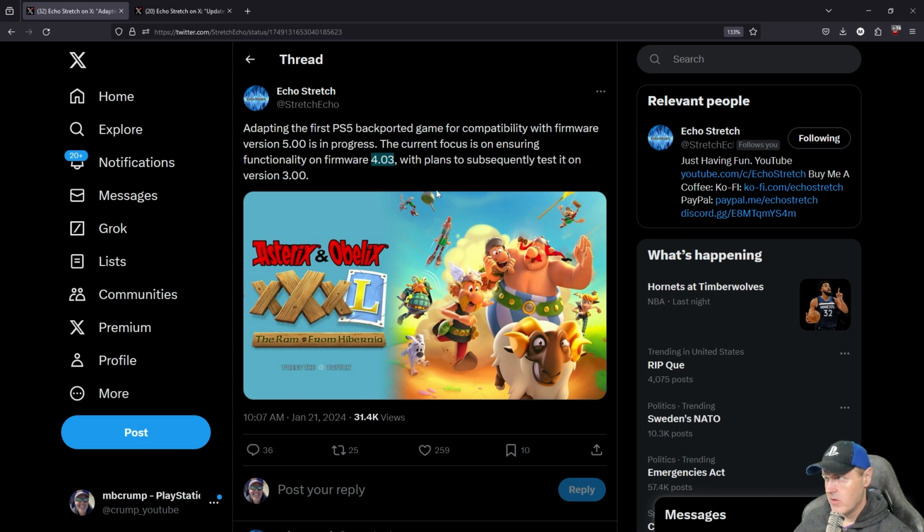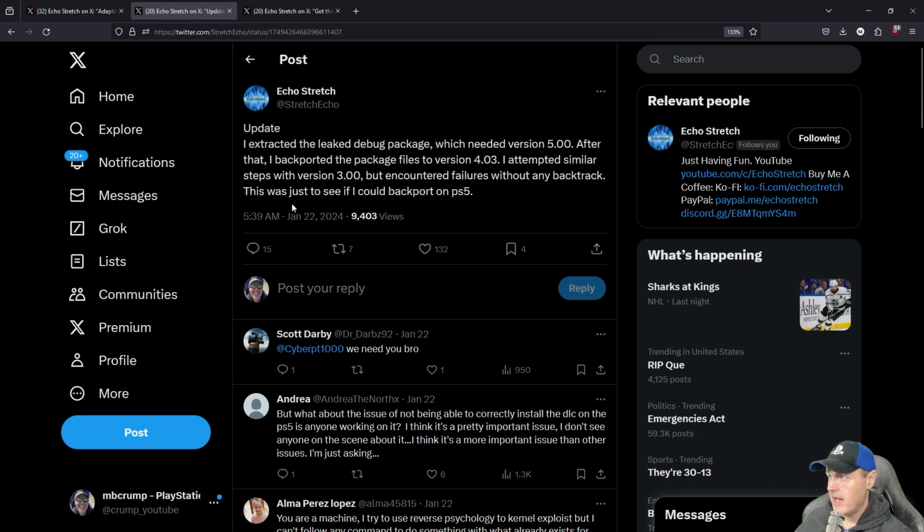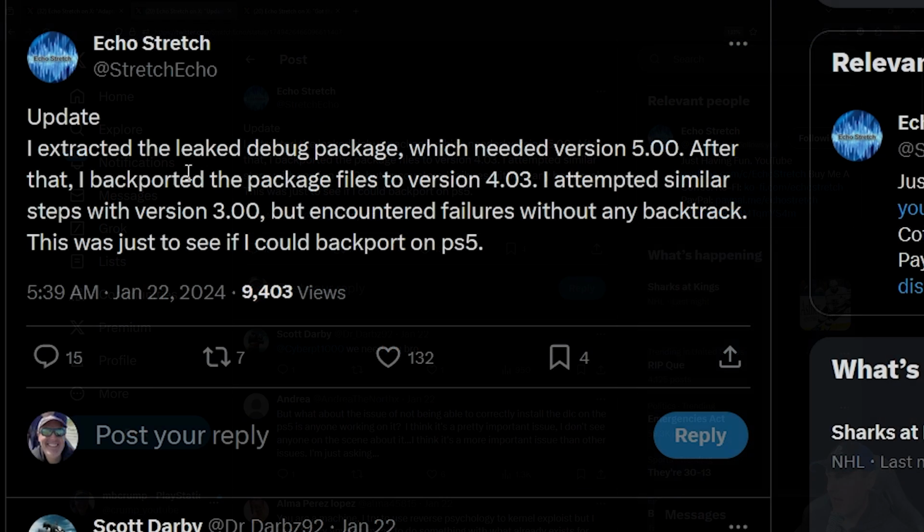has. So if you are on 4.03, that basically means you get to play with all of these new tools, features, and games. But I still don't believe you should update to 4.03 or 4.51 right now if you're on anything lower than that. And so then shortly after this came out, we got another update that said, I extracted